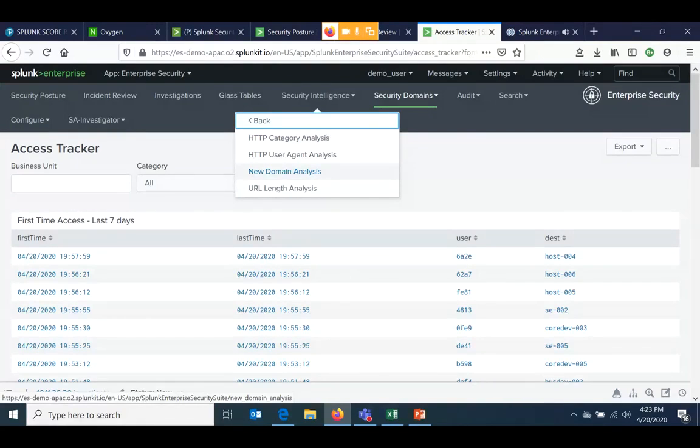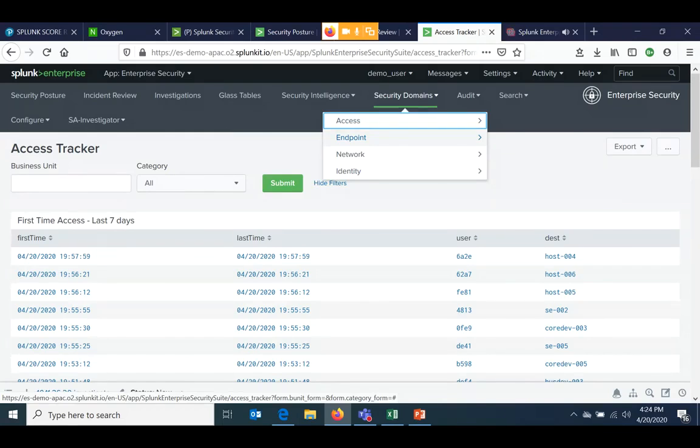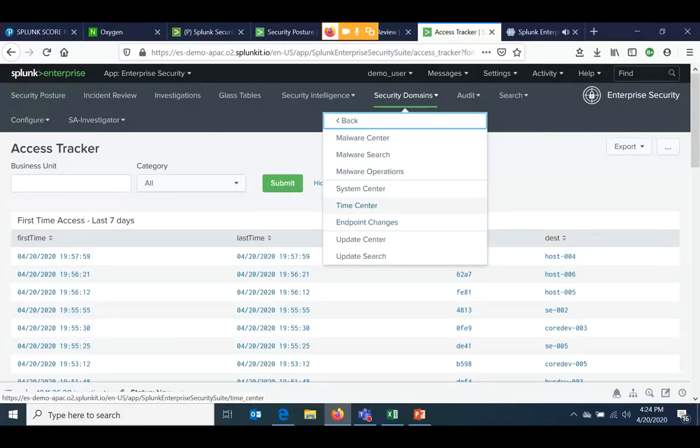So you can find those details here on this particular, all those requests passing via proxy or via particular internet gateway. After that, you have all the dashboards around malware operations, system center,